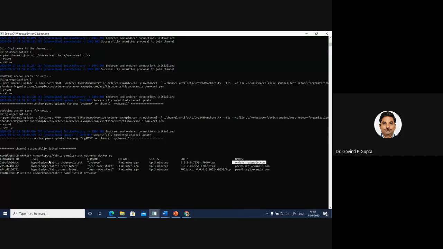Now I want to add a new channel within this. So what I do, I simply run the network.sh create channel, -c and then the name of the channel. Suppose the name of the channel is India.